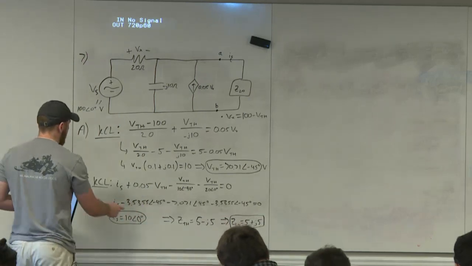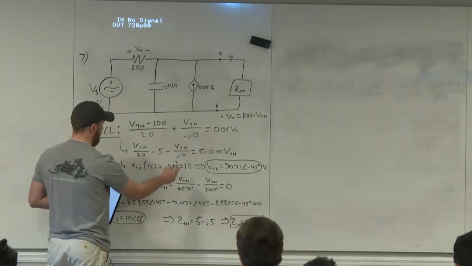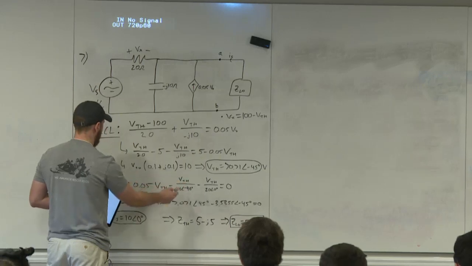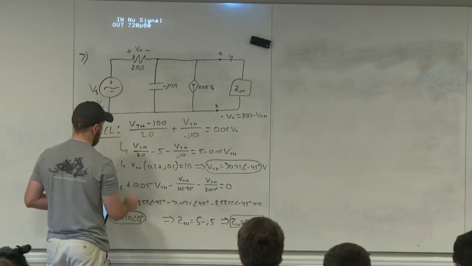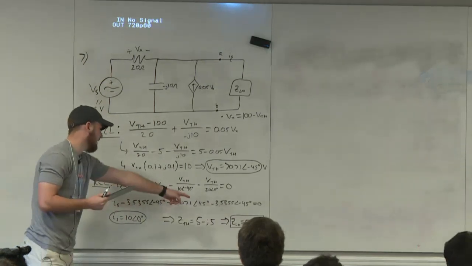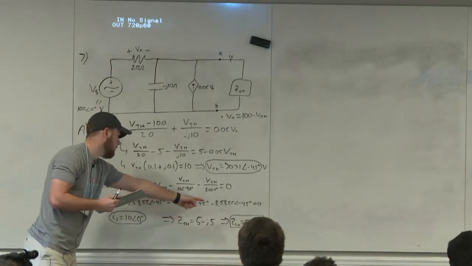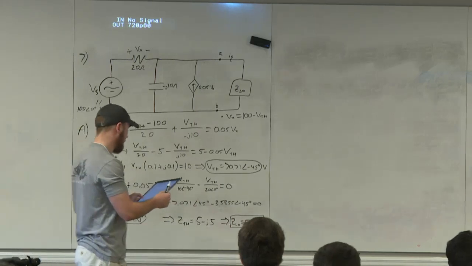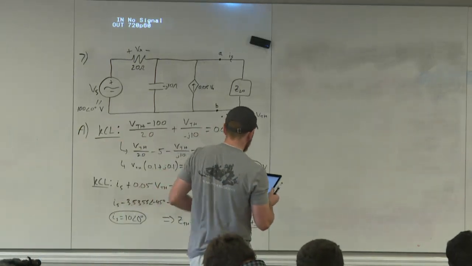So everybody understands how we could just have skipped this step, left V Thevenin as an unknown, and then solved for the V Thevenin over IS. Everybody understands that? We would get the same answer here. We would get straight to Z Thevenin, which we could change to Z load. Okay, so part B